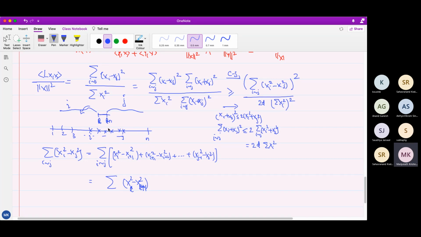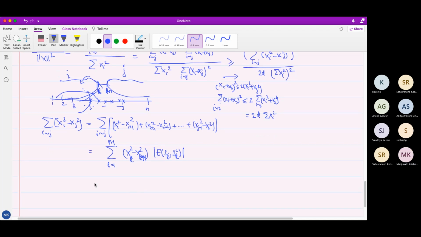So how many edges are there between Si and Si complement? See how many edges are there between up to, sorry, SL and SL complement. So any edge that has one vertex below l and one vertex above l will contribute here. So that's what you get from l equals 1 up to n minus 1, like that. Okay. So now you can say that, okay, so this is greater than or equal to